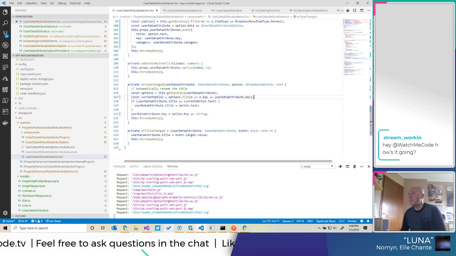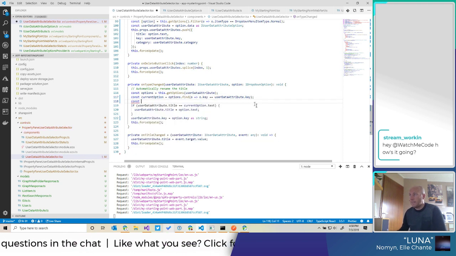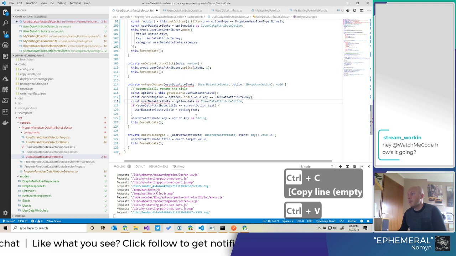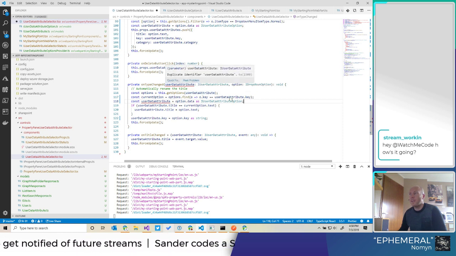So it gets the options, it gets the current option, which again is the I drop down option, then we can get the const user data. Let's do this piece of code. Why type if we can copy? Why is it trying to get the option when it already has the option?